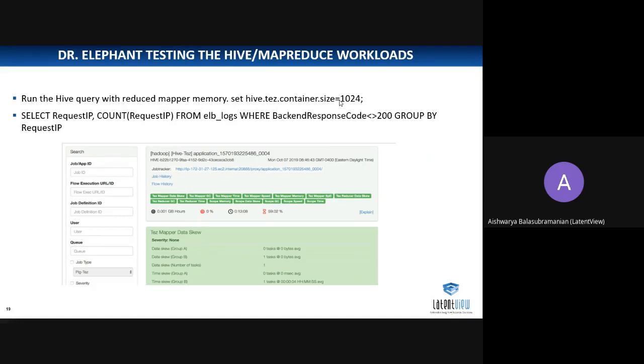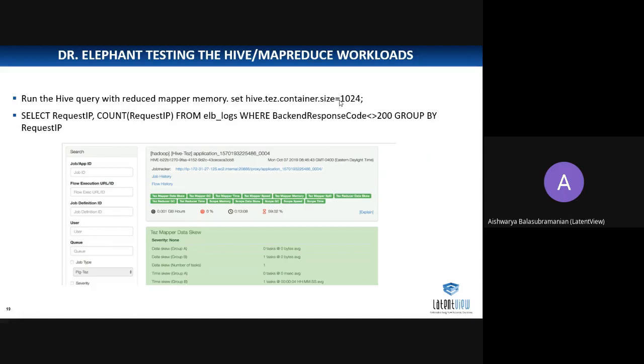Sometimes all the parameters or all the heuristics will not be green. There might be one or two issues, or they might be interconnected, because sometimes if the core is large, driver core is more, or driver memory is more, those things can also be tuned with the help of this without much developer effort.